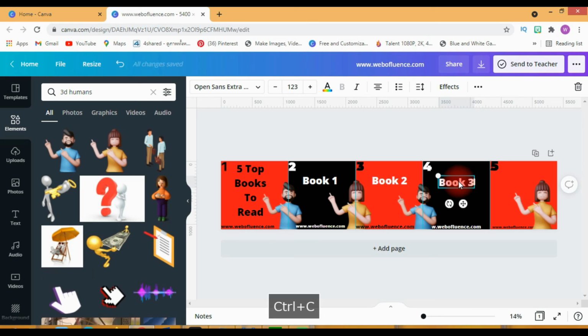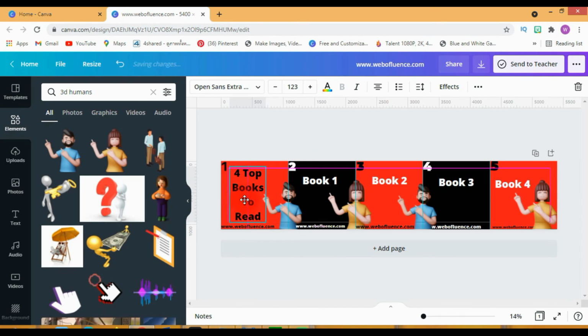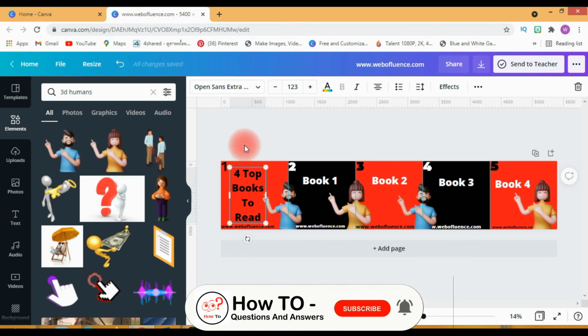And you will be adding one slide more. I have created only 1 2 3 4 5. Now you will be adding 6. If you want to add 6, I will be changing the heading from this. Okay, 4. See, I have created this type of slider in this content.